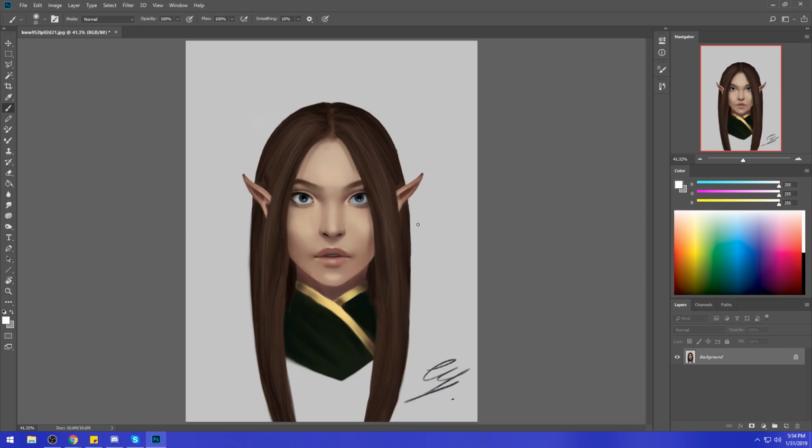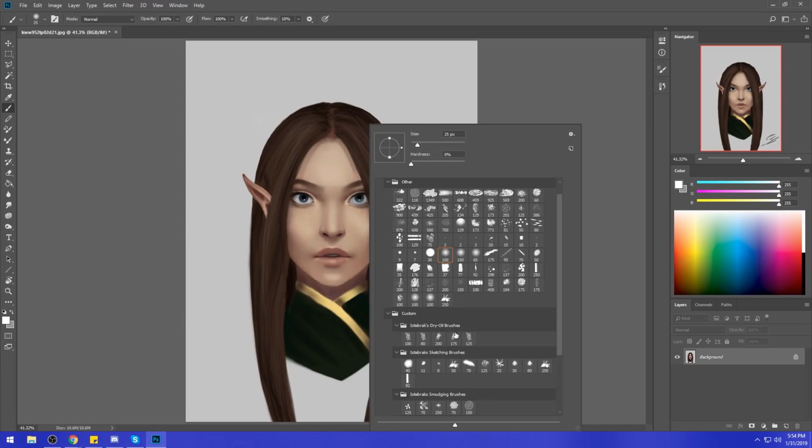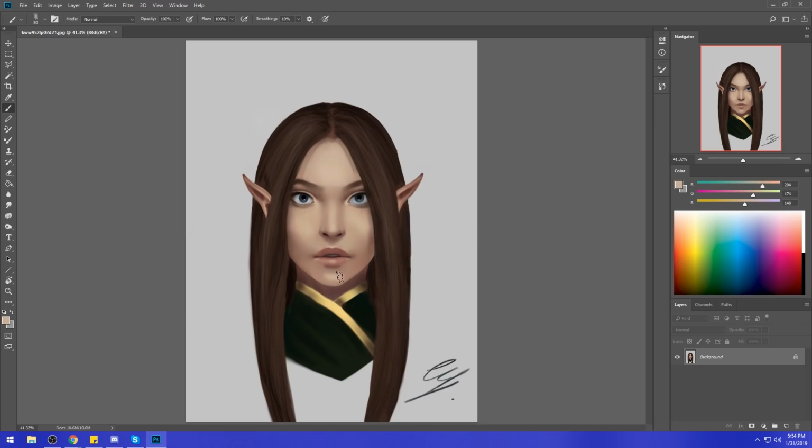The lower part of her face seems a little sunken in. I agree. I would probably start with the chin, giving the chin a bit of a stronger value to pull it out of the shadow. And I would, like this really big upper lip, yeah, it adds beauty, but it takes away from the realism. So shrinking her upper lip to be a bit thinner. She still has full, beautiful lips. It just doesn't look like that